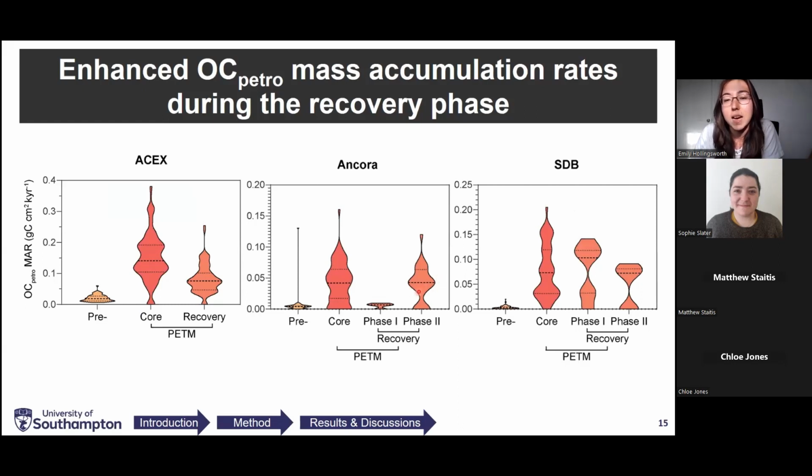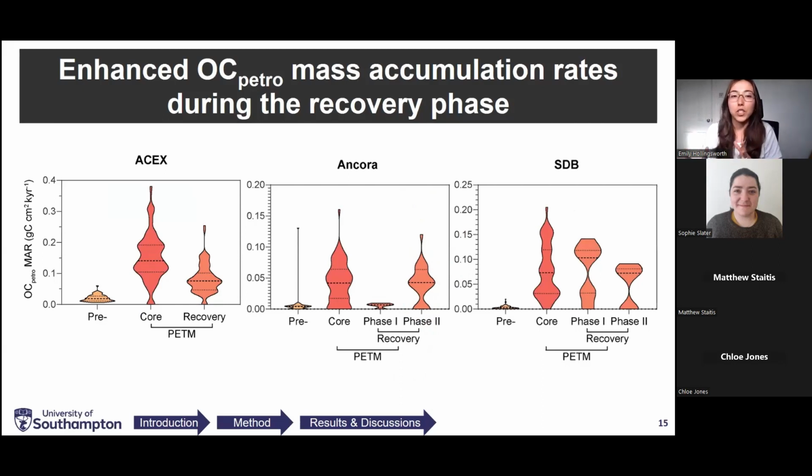So if this is the case, then that has some implications on considering what mechanisms might have drawn down CO2 to help with the recovery of the PTM, because whatever it is, it would have had to counteract the continuing input of CO2 if this OC petro is oxidized. And that point about if this OC petro is oxidized is the final point that I want to make, because I've